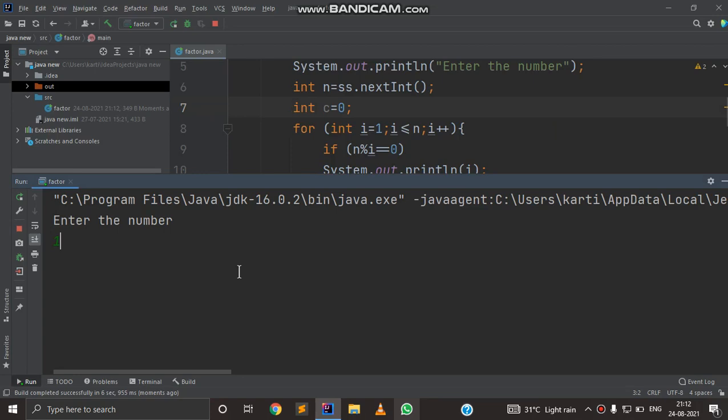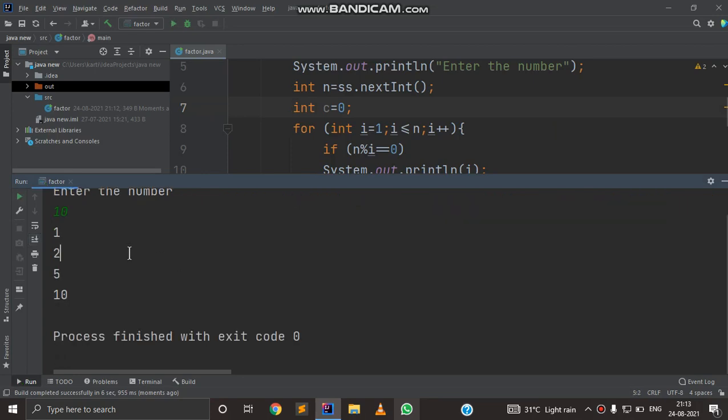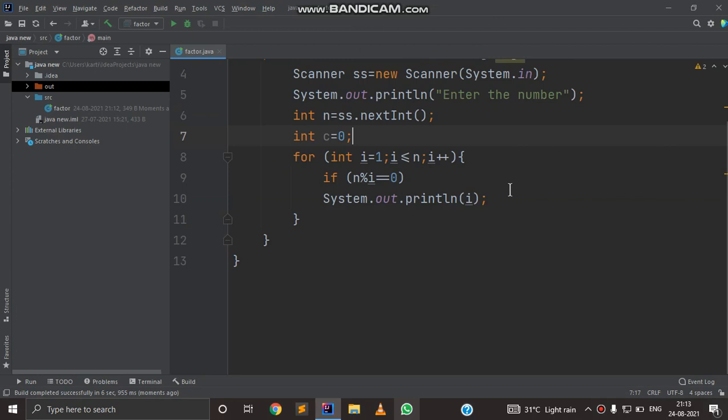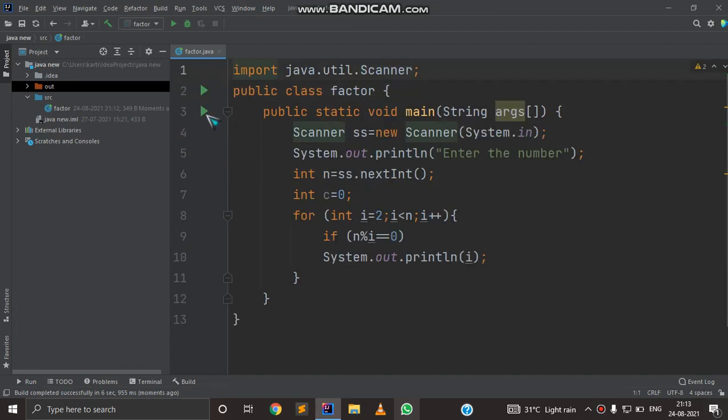So I'm going to write 10, and here you can see that the factors are coming: 1, 2, 5 and 10. If we want to remove the number itself and 1 from the factors, we can start the loop from 2 and remove this equals sign, and instead of that we'll write less than n.